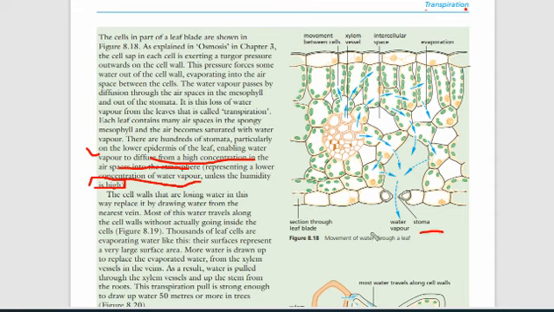So it proves that, and this is how you have to show the arrow: from the leaf mesophyll cell the water will enter into the spongy mesophyll cell, and from the spongy mesophyll cell there are many intercellular spaces and many air spaces, as well as hundreds of stomata in the lower epidermis, so the water will be evaporated through stomata.